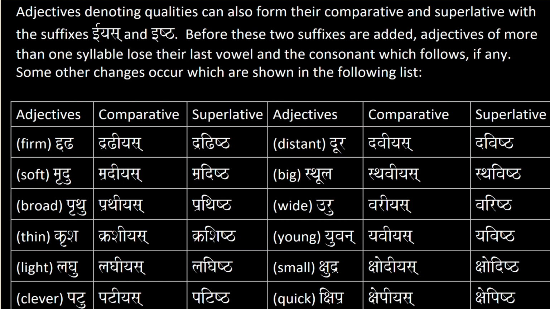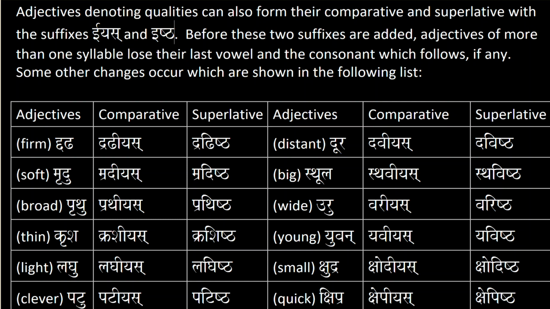In this lesson, we are going to continue with the degrees of comparison in the comparative and the superlative. In the previous lesson, we learned about adding the suffixes tara and tama to the comparative and the superlative adjectives, respectively. So when you were adding tara, you were getting an er ending to your suffix in English. And then when you were adding tama, it was like adding an est to an adjective in English. And now we are going to work more with the comparative and the superlative